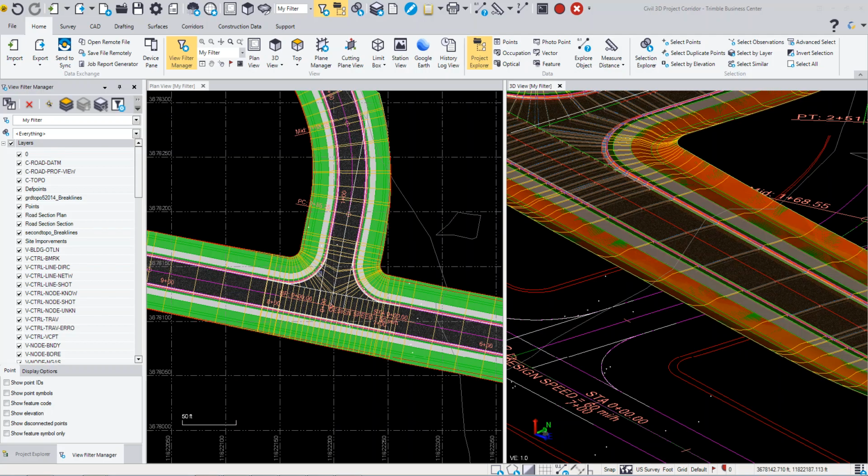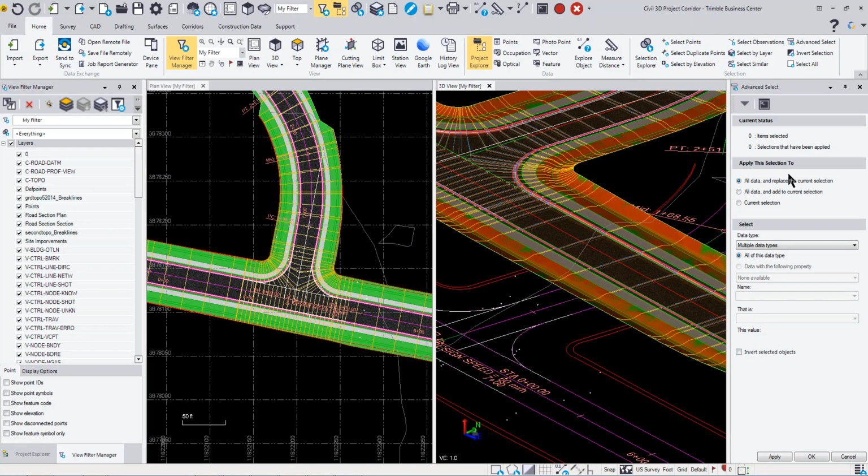The field data edition will add the advanced select feature. So on the home tab, you have the advanced select over here to the far right. And what this allows you to do is select objects based on some criteria. So for example, you can see here that we can look at multiple data types or look at specific data